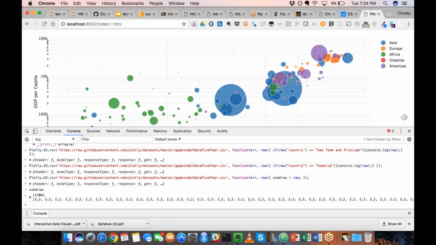I swear a lot of this must have changed with the new release of D3, because you used to not be able to do all this. And I remember that just being a huge problem, so that's good, this is improving. So really what's happening here is D3 usually doesn't let you access variables outside of, like, a different context. If your variable is defined in the function here, in the past, if I entered this used row, it would say the variable doesn't exist,